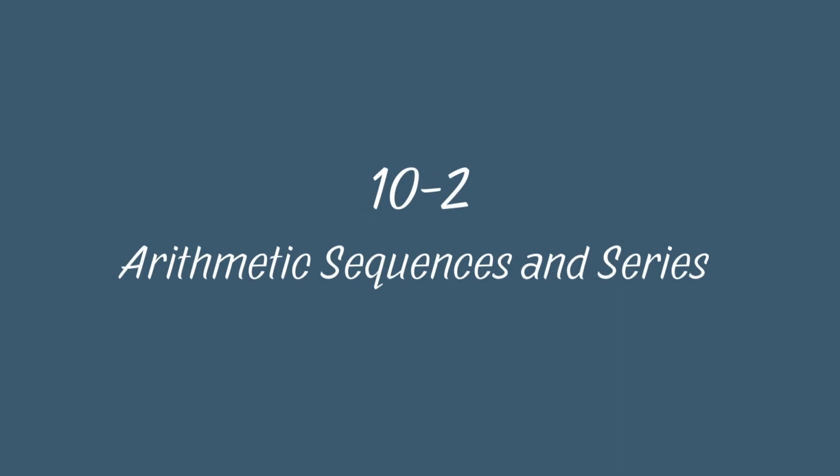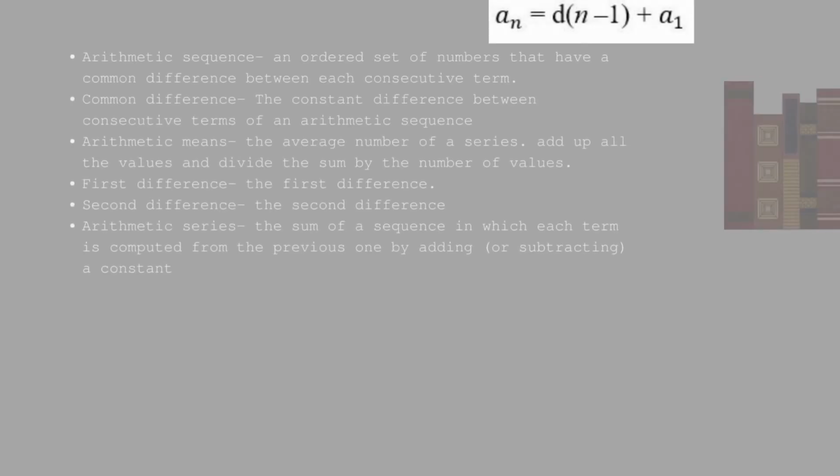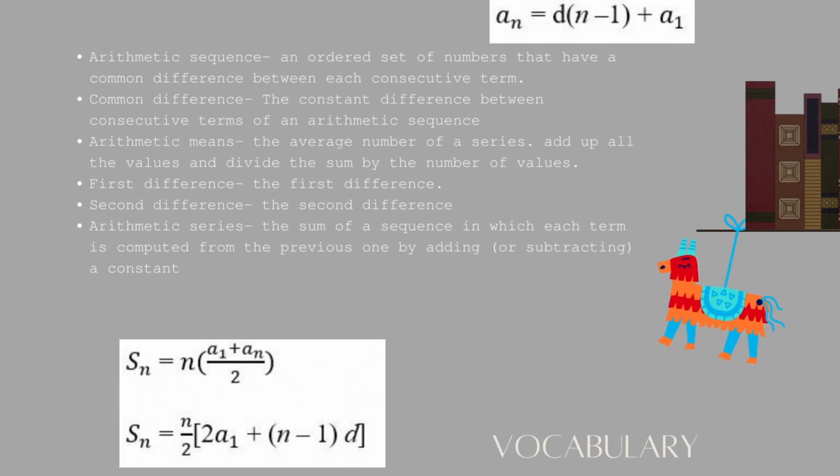Then let me talk about arithmetic sequences and series. An arithmetic sequence is an ordered set of numbers that have a common difference between each consecutive term. The common difference is the constant difference between the consecutive terms of an arithmetic sequence. The arithmetic mean is the average number of the series. The first difference is the first difference of the sequence, and the second difference is the second difference. An arithmetic series is the sum of the